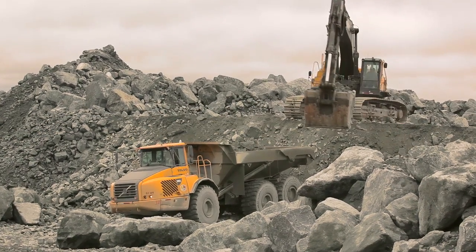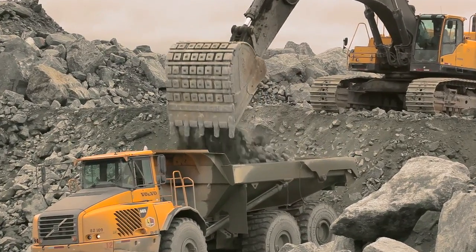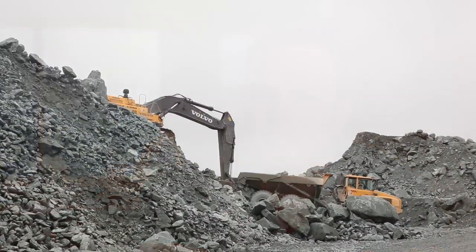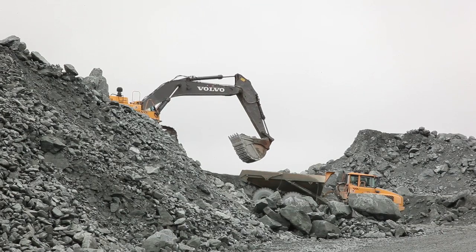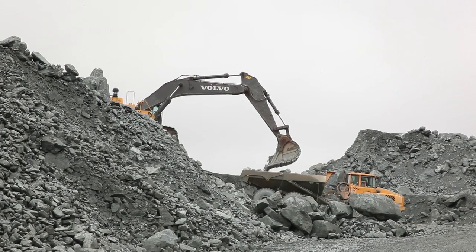The larger excavator, the 700 excavator, is primarily one of the main loading pieces of equipment in the 1 meter overburden pit, in the waste rock pit. As well, there are the 480s, the 460s are loading, the 380s, and one of the 480s is currently doing till excavation, and that needs to be done in order to widen out the footprint of the dam. We prefer the Volvo excavators because we found that the fuel economy and the strength of the pumps are very